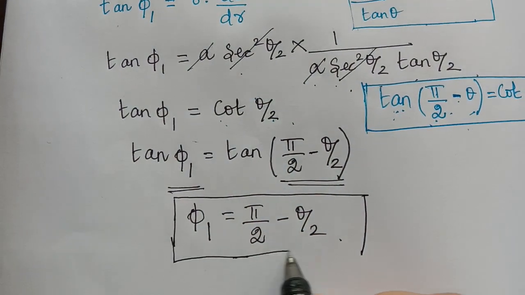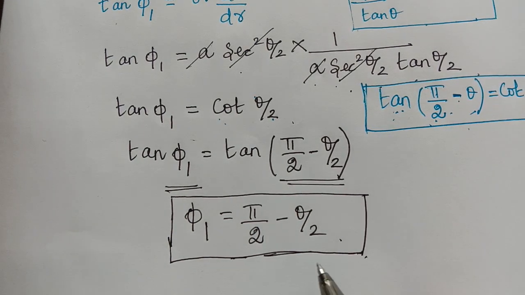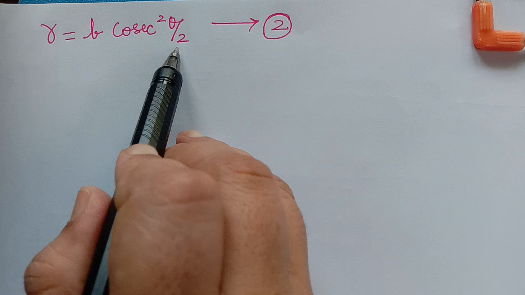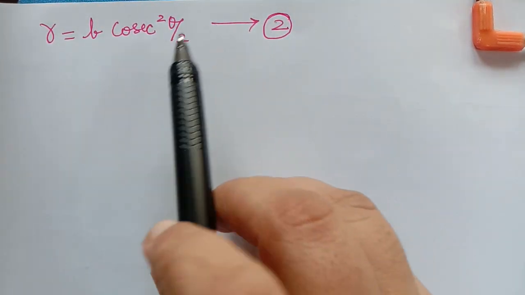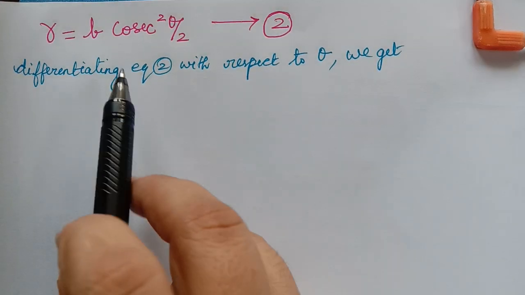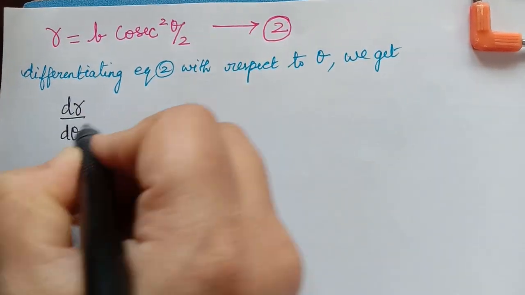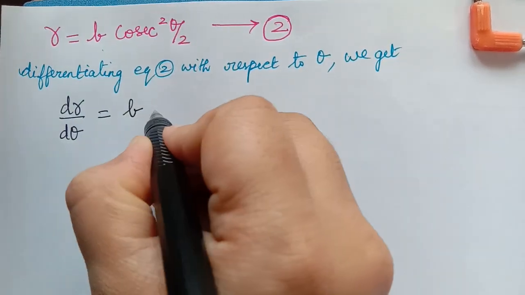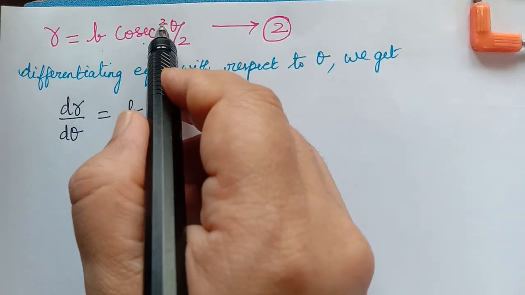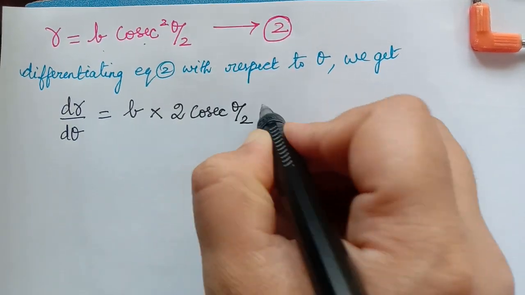The next step is to evaluate phi 2, for which we have to consider curve 2. So let us see that now. We have considered curve 2, r equals b cosecant squared theta by 2, and we have marked it as equation 2. Let us differentiate this equation with respect to theta. So dr by d theta is equal to b, which is a constant, multiplied with, again using the formula for x power n, which gives n x power n minus 1, so here it will be 2 cosecant theta by 2 multiplied with